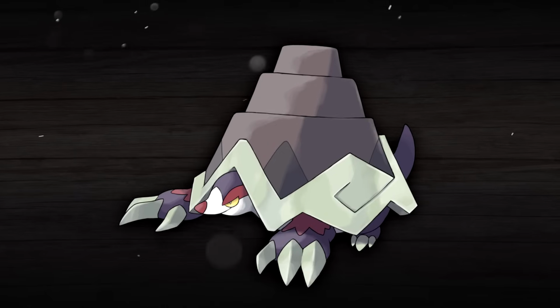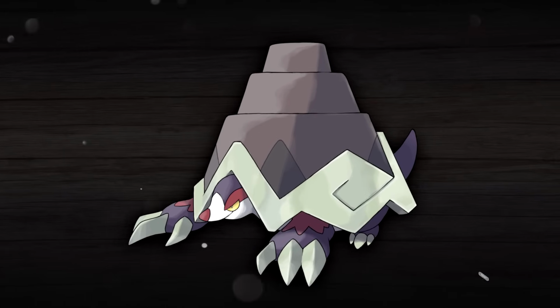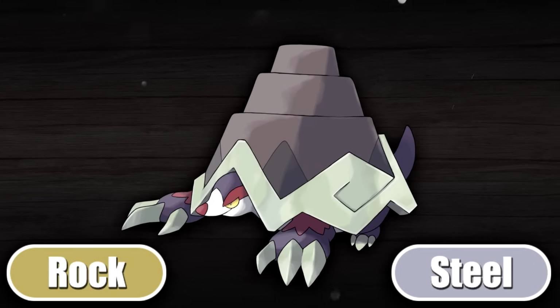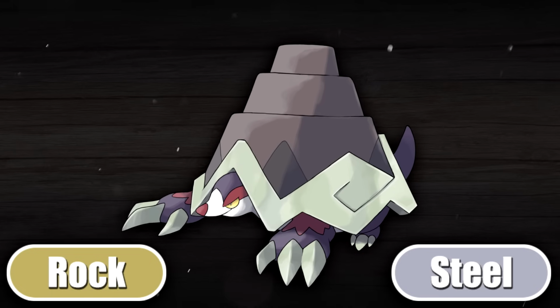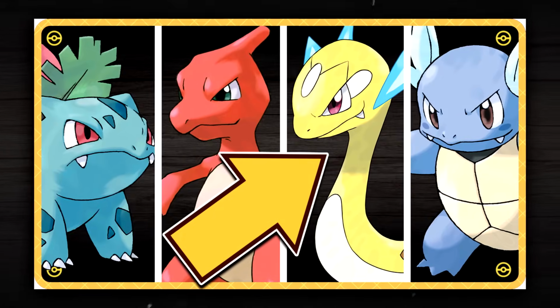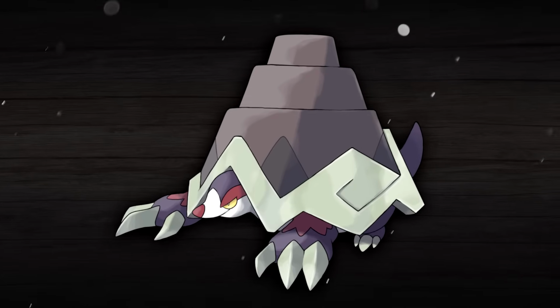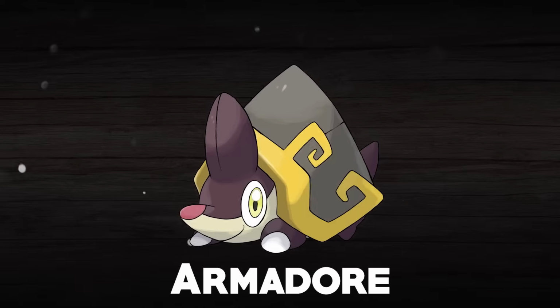And due to its theme of armor as an armadillo Pokemon, this is where the steel type also comes in too. And furthermore, that's kind of where the rock type comes in as well, and the rock type is in there because of balancing reasons with the other types. Once again, check out the other videos if you haven't to get the full explanation, but overall, I think Mezzador turned out really cool. Its name, meanwhile, is derived from the names of its pre-evolutions, Armador and Dillador,